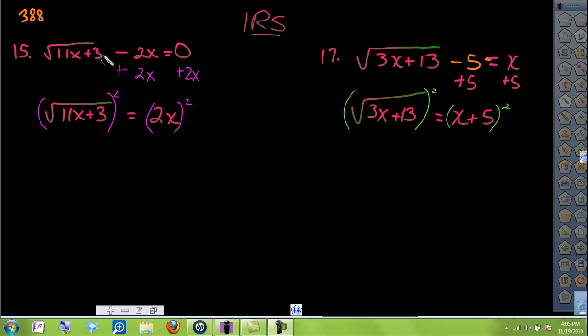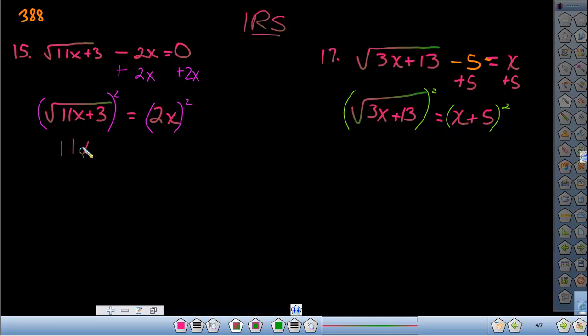We need to isolate this portion of the equation. So we need to take this minus 2x and bring it over to the right-hand side. You can see that's being done by inverse operations. And then we can lift that radical, or remove the radical, by squaring both sides. As we continue this process, we get 11x plus 3 on the left-hand side, and on the right-hand side we square both the 2 and the x, and that gives us